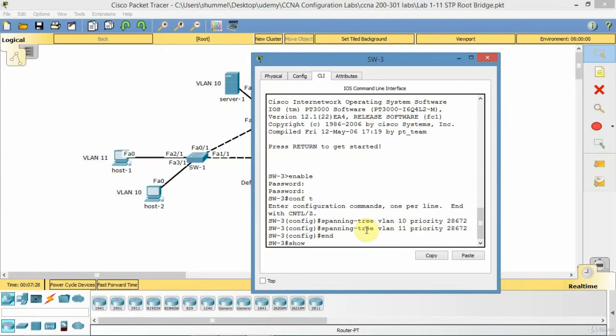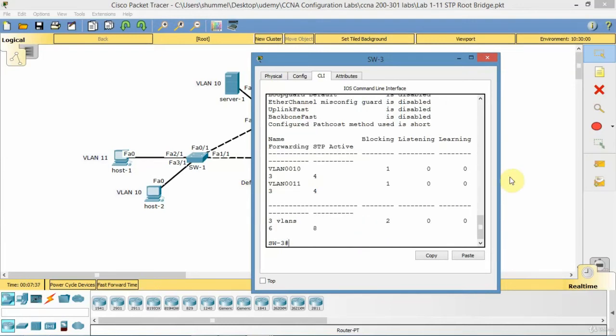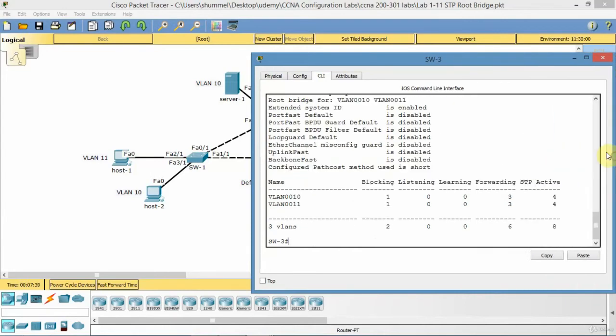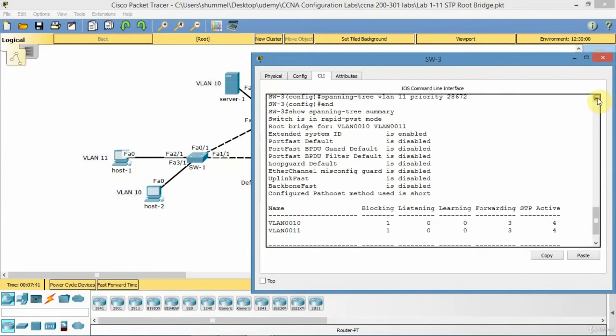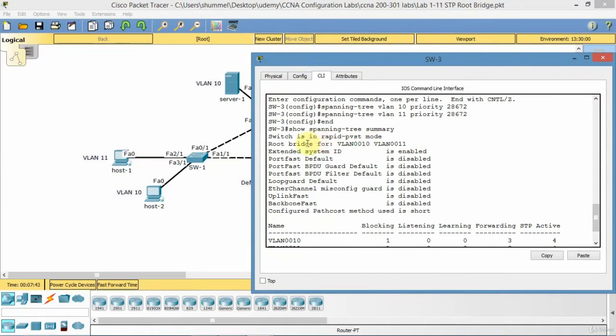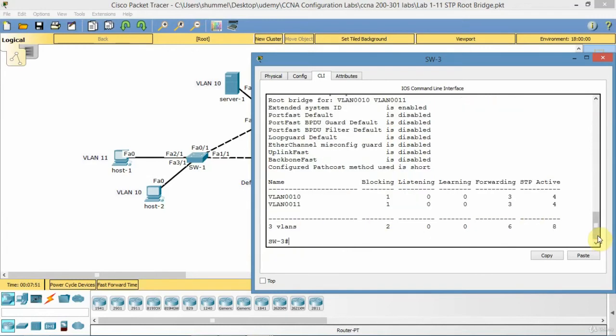So how I'll verify is show spanning-tree summary. I'll look at the summary now. In this example, this is the root bridge for VLAN 10 and 11. I'm on switch 3. And there it is. And I can go show